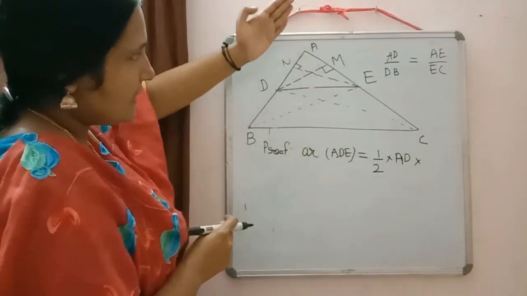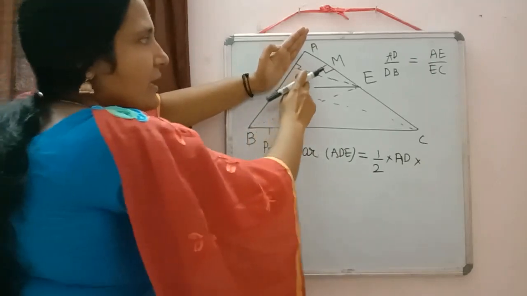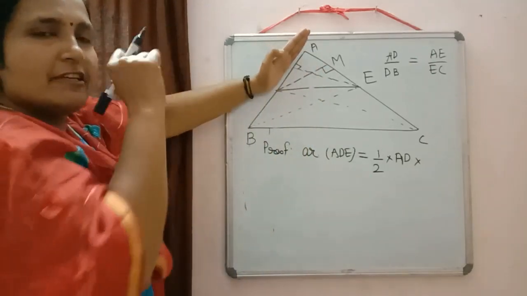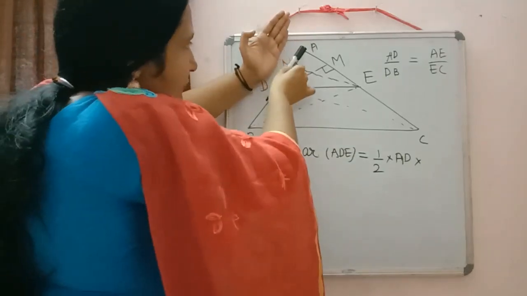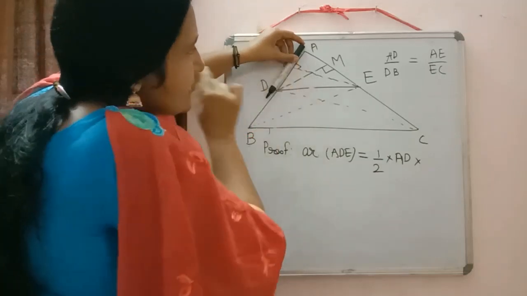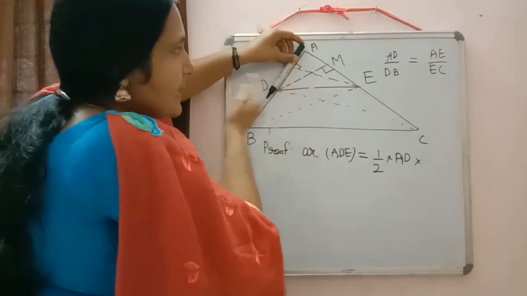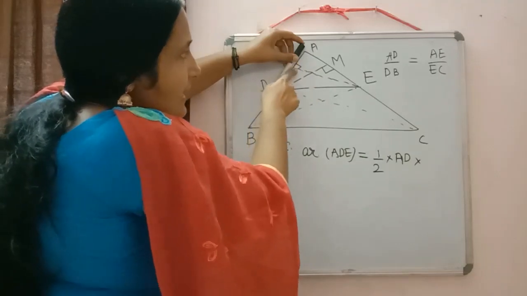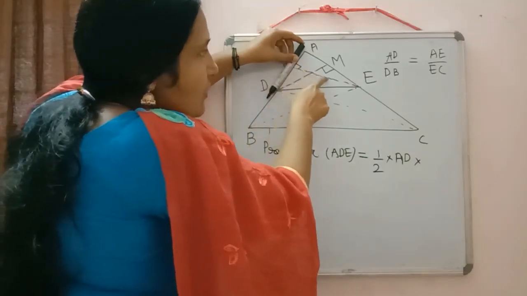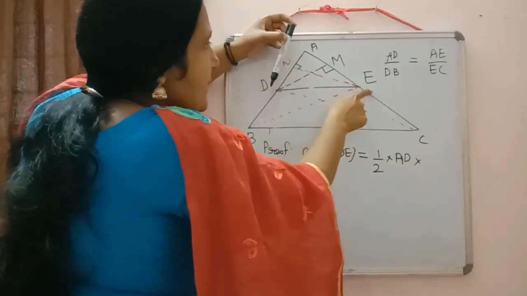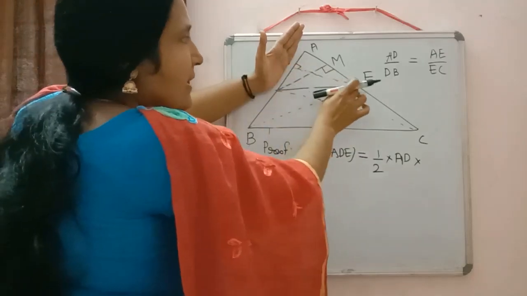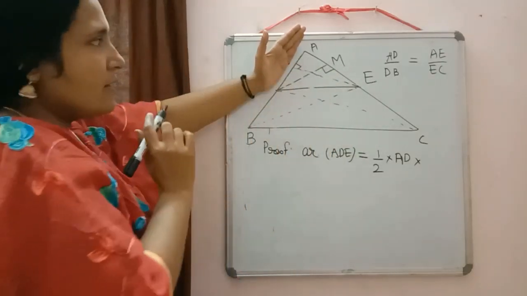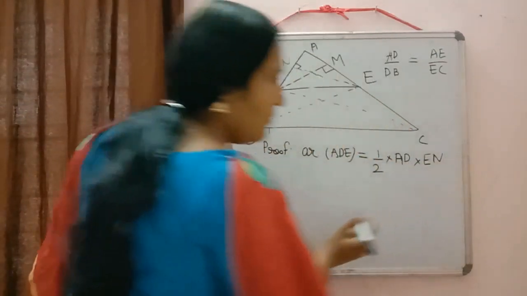Now if I am taking this base, then here we have two perpendiculars there. Then which perpendicular I should take? That you have to think there. So if I have taken this base, what is that perpendicular line segment which is on this line? Here we have the symbol. You just check what is that perpendicular line segment is EN. So in the side AD we have this perpendicular line. So we will take this as perpendicular. And what is that one? EN. So half into AD into EN.